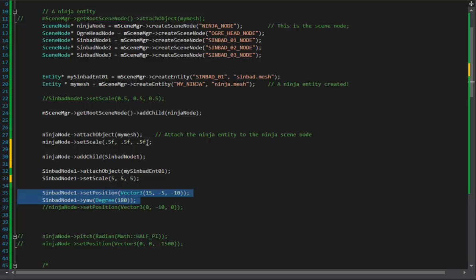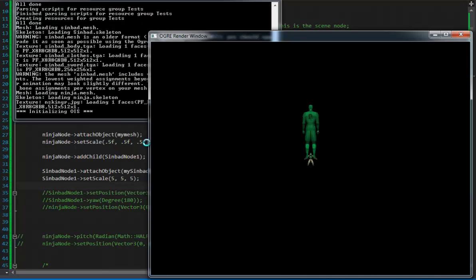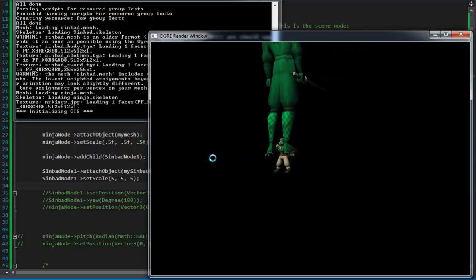Actually, let's comment these. So we'll set the whole thing up from scratch again. So Ninja has a child Sinbad node. Sinbad has Sinbad attached, and Sinbad is scaled up. Let's see how that looks. All right, so this is pretty good. So this is where we start. So Sinbad and Ninja are